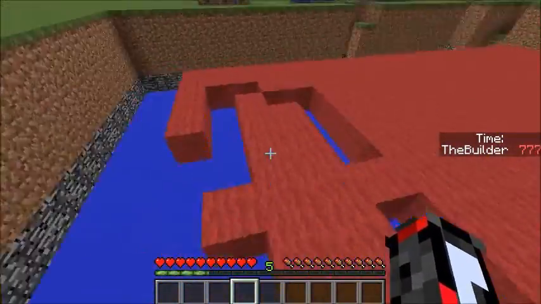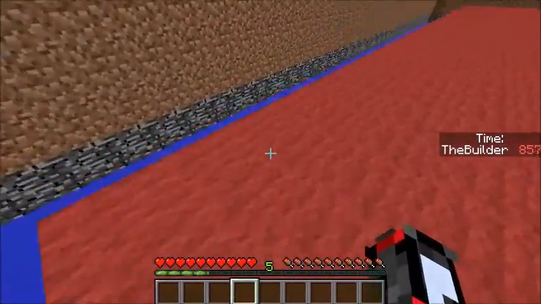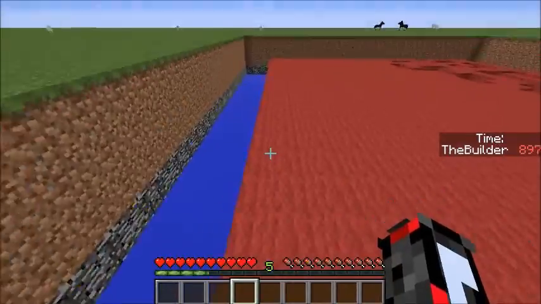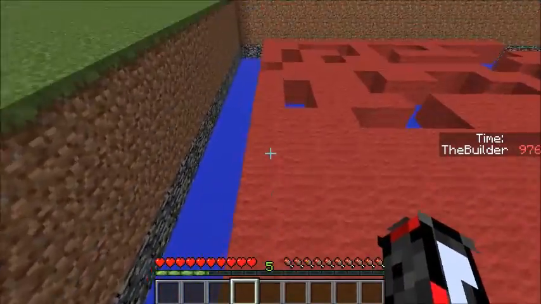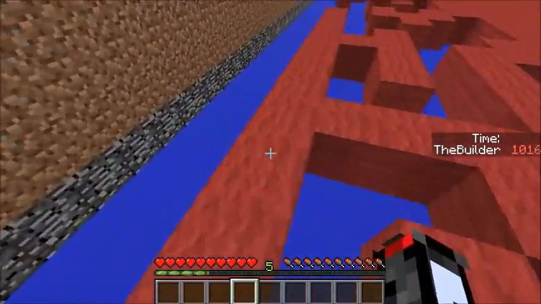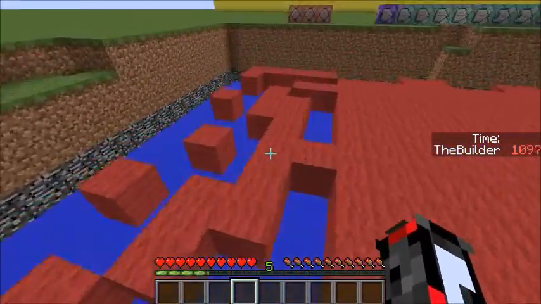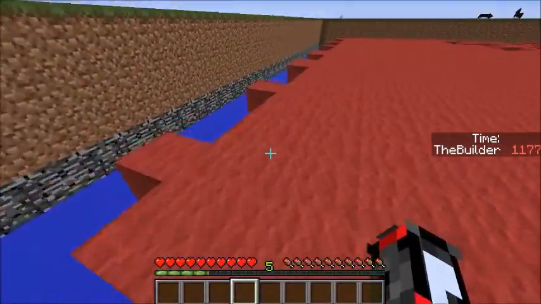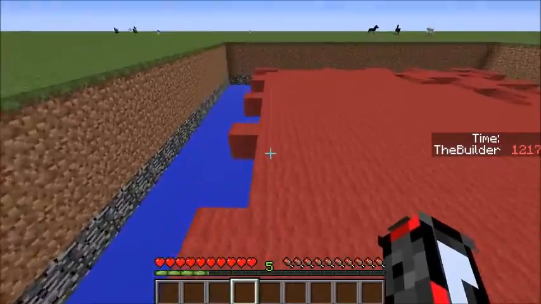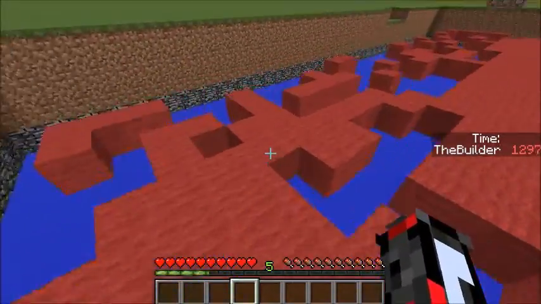And let's see if I can do it this time. I've got the strategy down. I'm going to work myself around the outside of this map. It might be the boring way, not as challenging, but I lost last time, so I need to win. And this time it really counts, because I'm actually in, like, not survival, but I'm in adventure mode. And adventure mode is just as good as survival, except you can't break blocks. So,